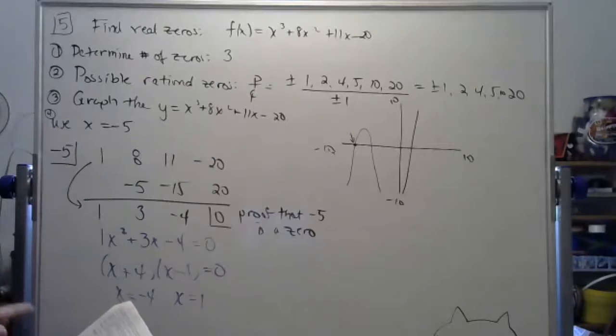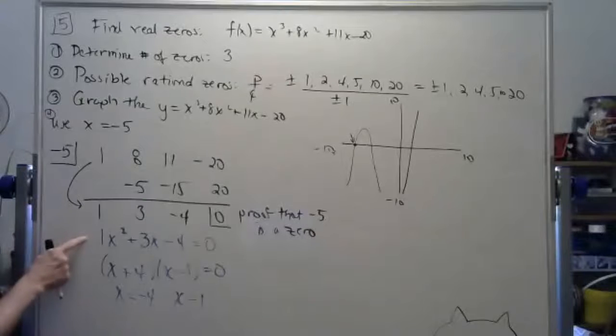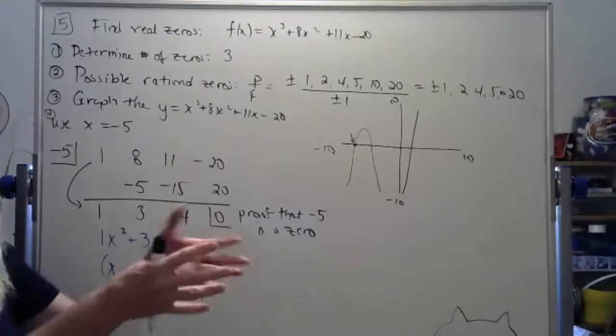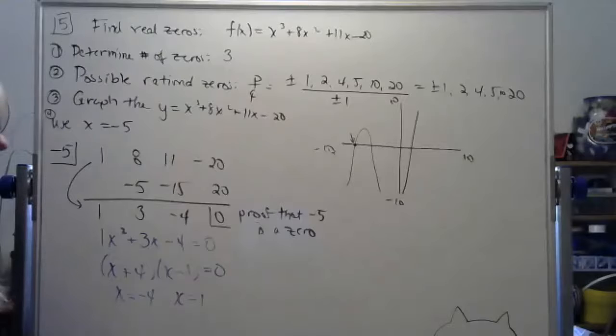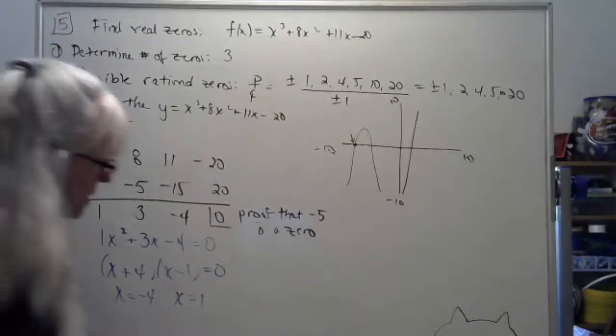And don't forget to use, if possible, the factoring techniques you already know. So once I got it down to a quadratic, I simply worked off the quadratic because it's quicker than doing synthetic division again. But now I need to answer the question. So the answer